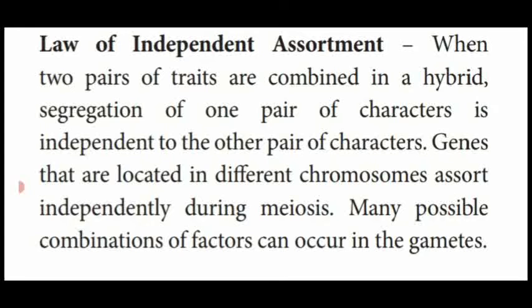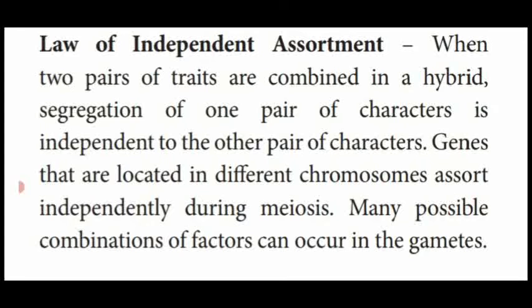What is law of independent assortment? Each different character of a gene having the pair of alleles, with a different character or a trait. So each different character is joined together to form a hybrid. Hybrid means newly formed variety. So both the characters are segregated or separated, and also they are individually expressed in the next generation.